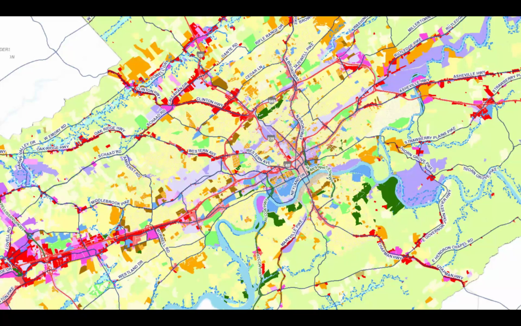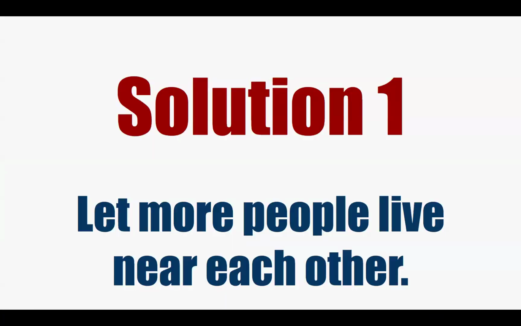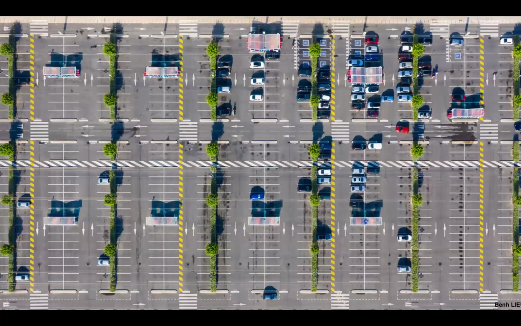And so, one of the ways that we as citizens and you as architects can help change this is to let people live closer to each other. That's the first solution. We have to let more people live near each other. The second problem is that, as I've said, we live in a society where we feel entitled to be able to park directly where we're going, right next to it. We've forgotten that God has given us two legs, and that for most of us, we have the ability to walk, and it is not a burden.